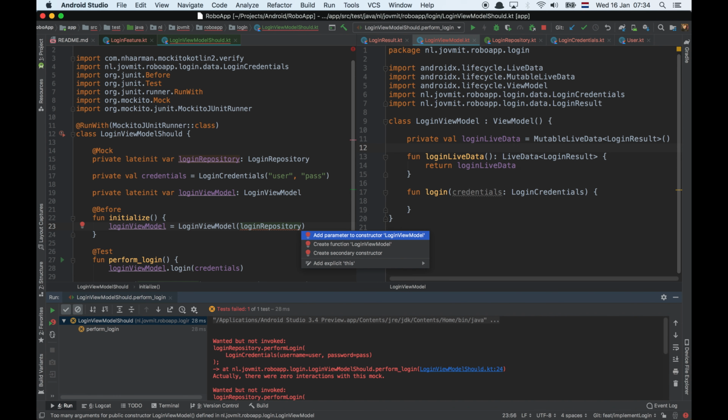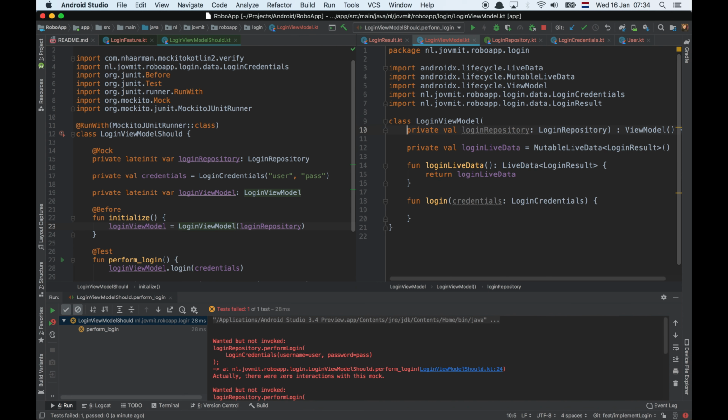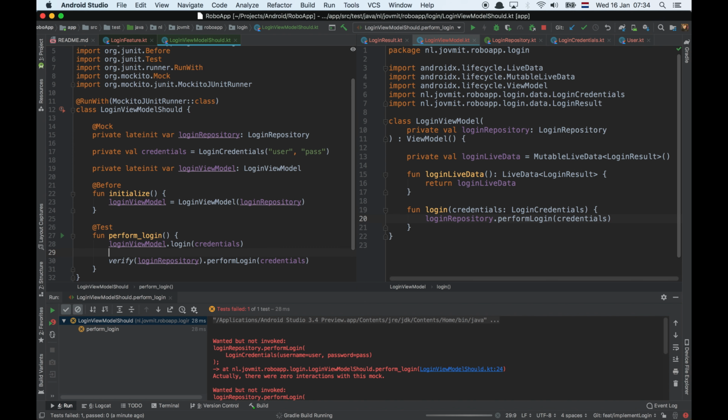Okay, and then let's go ahead and add this parameter to the constructor. And I will make this one a private value, and all I have to do here is just call the login repository with the credentials. Oops. Perform login credentials. Just delegate the call. That's what is expected from this test. So if I run,